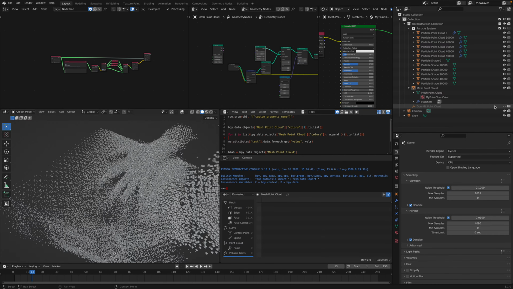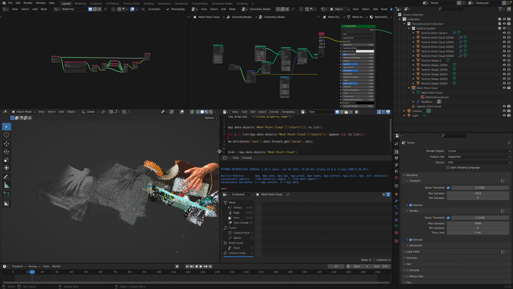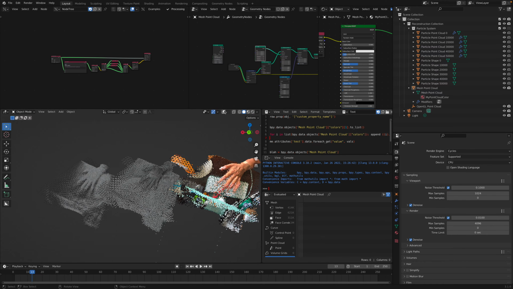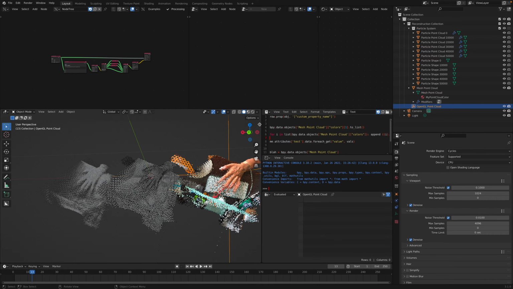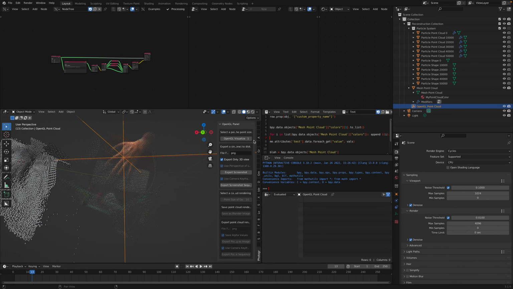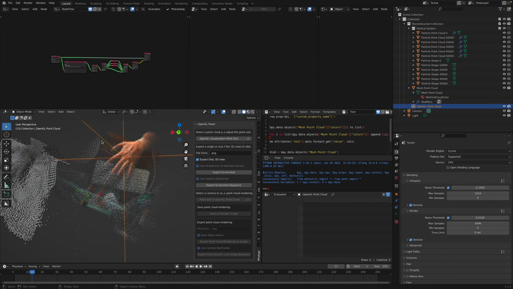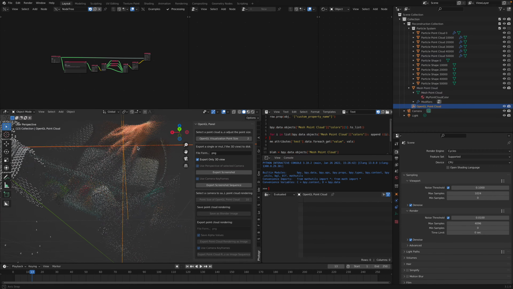Okay, so basically there are three ways you bring in the point cloud. The first one is this guy over here. This is an OpenGL visualization, and you can control the point cloud. This is actually from the add-on itself. So when you import the point cloud, you're going to get this one, which is OpenGL. You can take a screenshot, you can render,